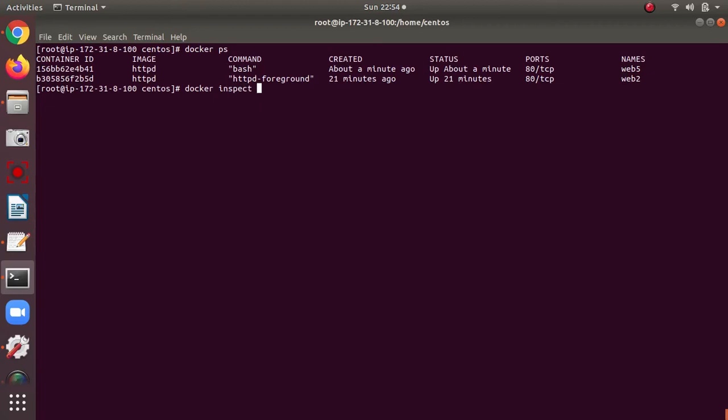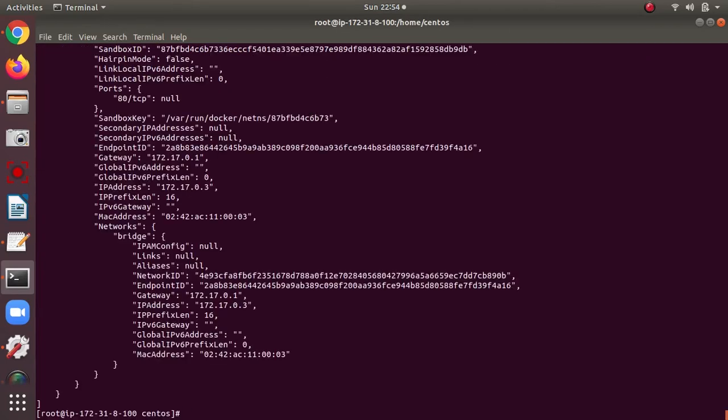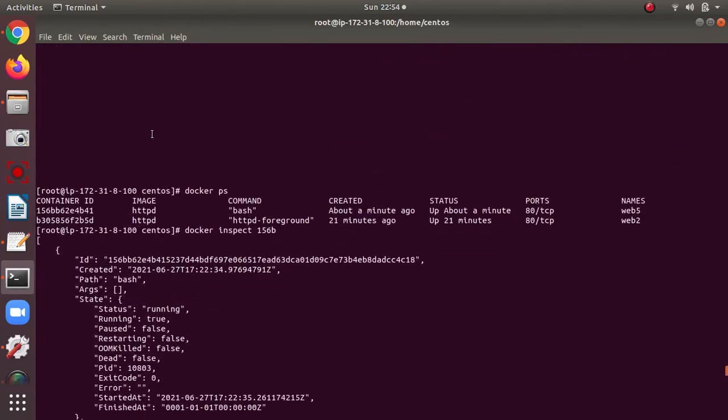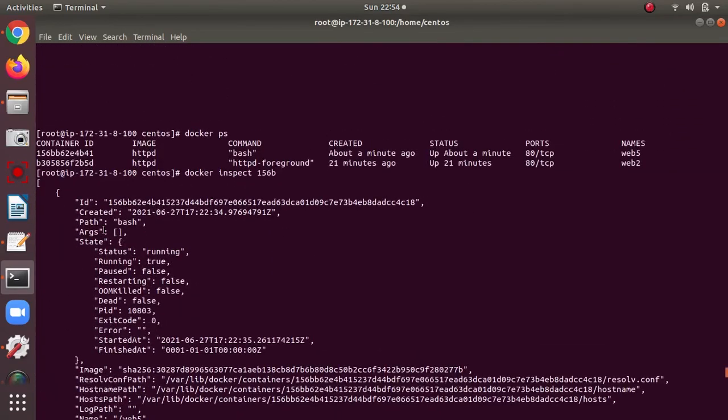I am inspecting this container, suppose 156. We can take a prefix of any four unique digits, 156b. If I hit enter, it gives very deep detail about the container.